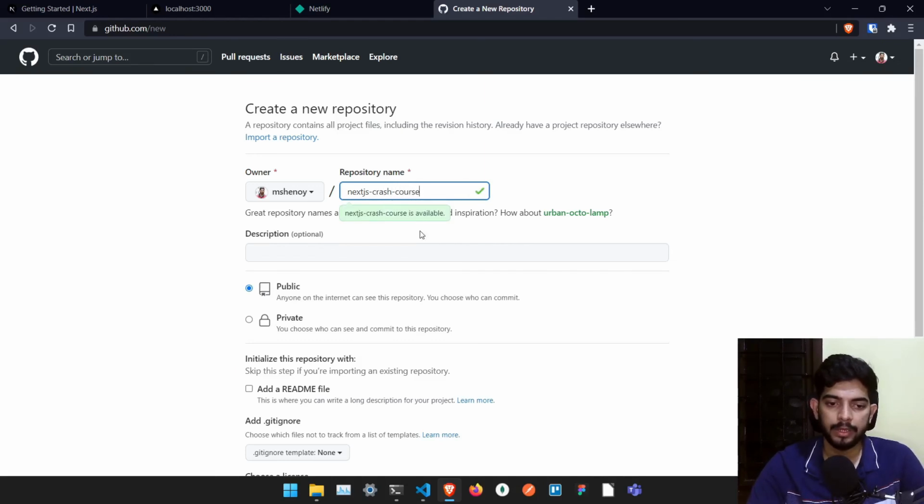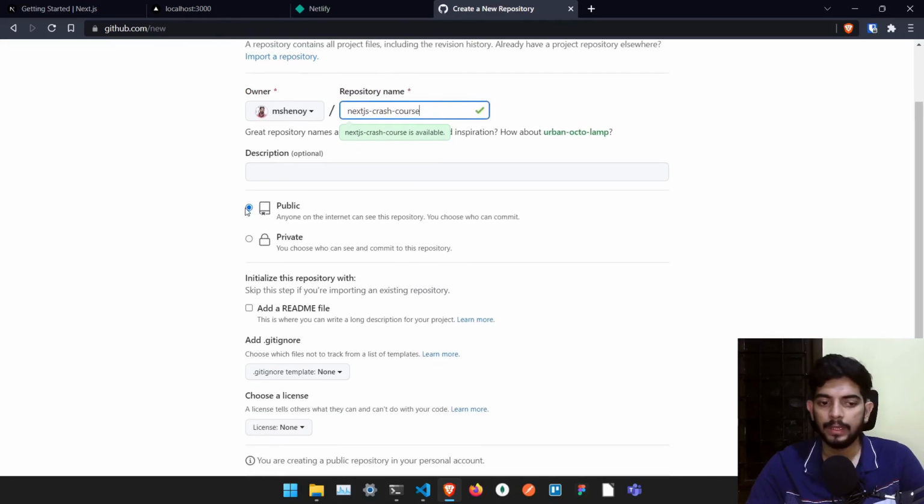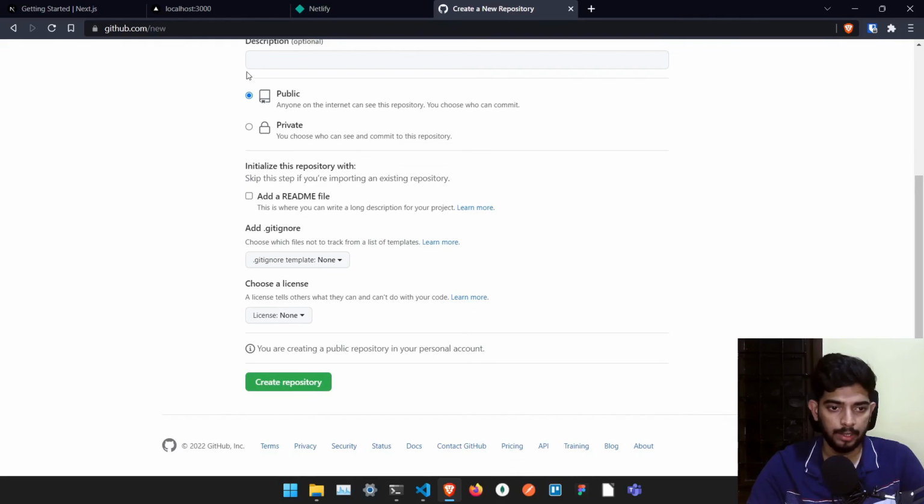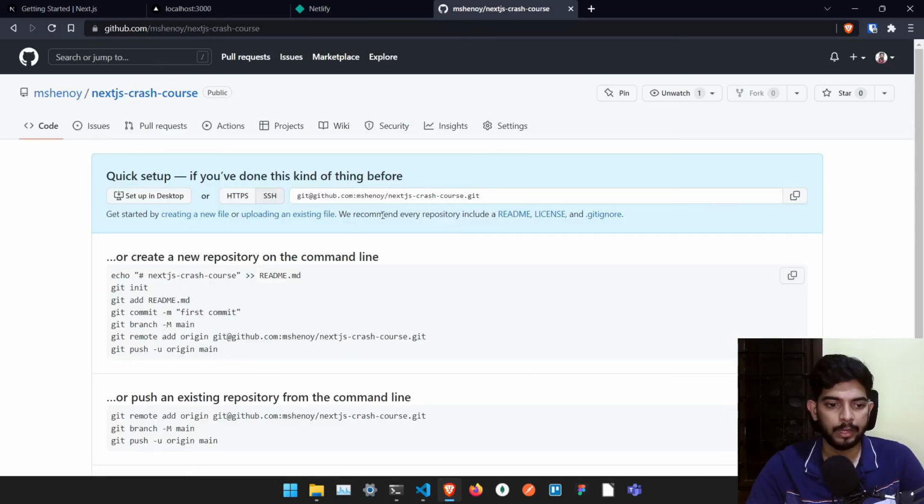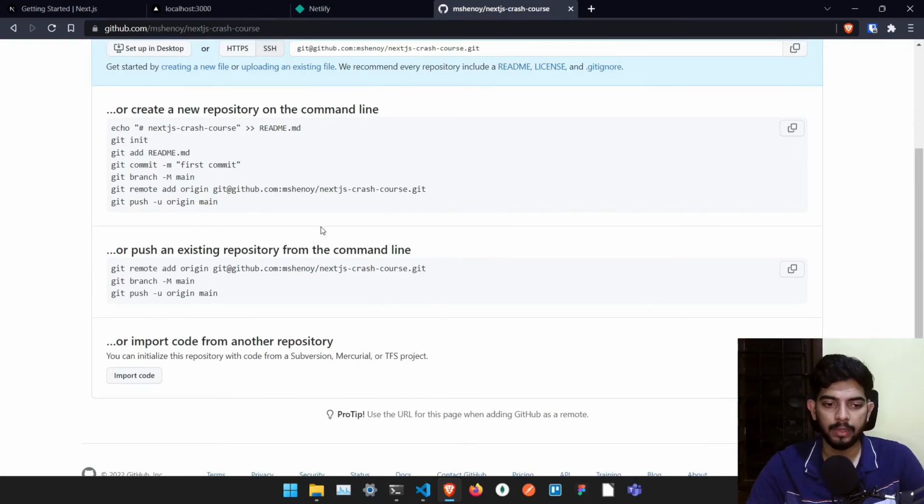And once I have created this name, you can either keep it as public or you can keep it as private. I'll keep it as public so that you guys can access it. And once you have created, just click on create repository. Once you have created it, you will be given some code here. Just copy